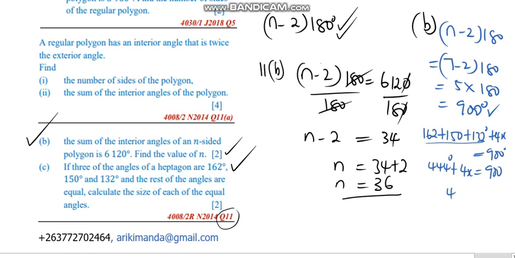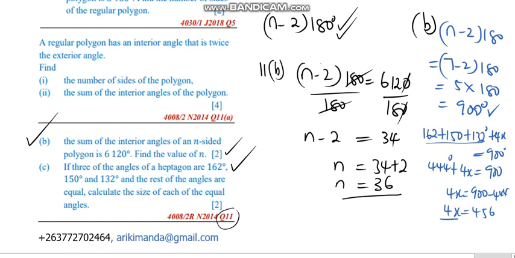So we'll say 4x is equal to 900 less 444. What is 900 less 444? We get